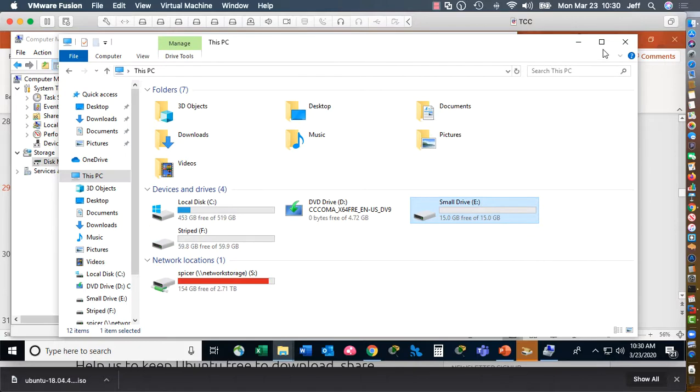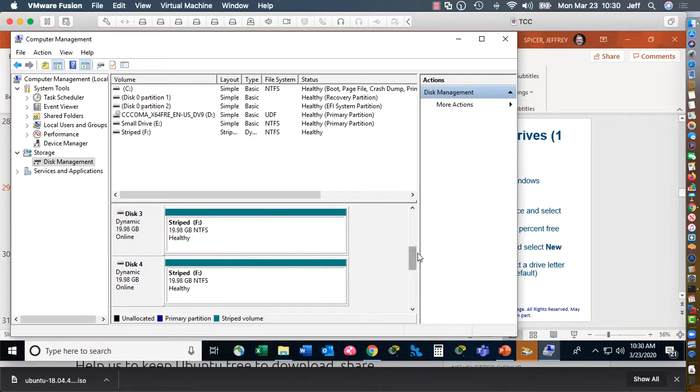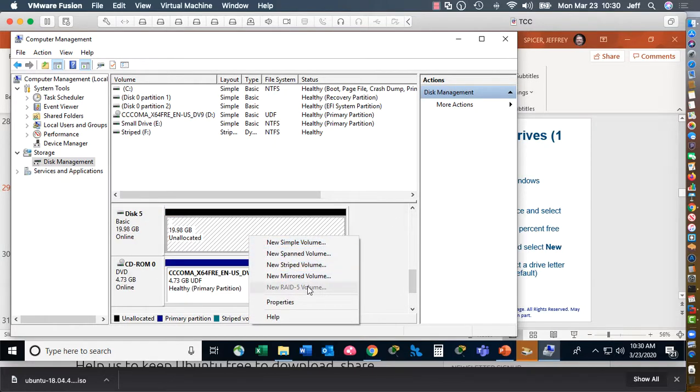But RAID 5, when you go out here, even though it looks like it's an option, right? It's grayed out because it is not available on workstations. RAID 5 is only available on servers. So Windows servers can do a RAID 5, which is basically a stripe drive, but it protects the data with parity data so that you can lose one of the drives and still be able to run because you still have all the data. And then you could replace the drive and it rebuilds. So it's like having a backup